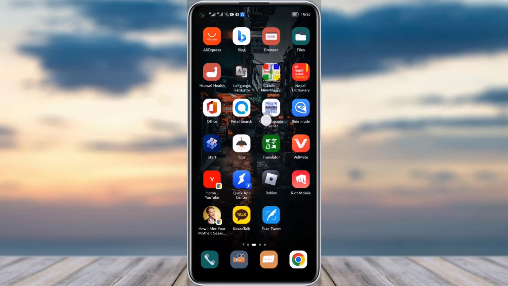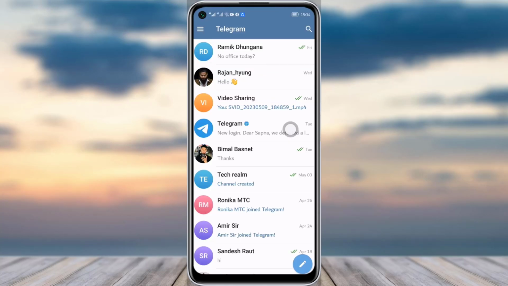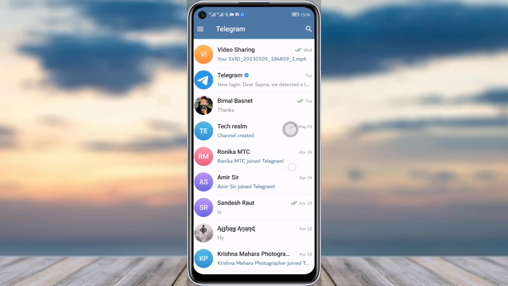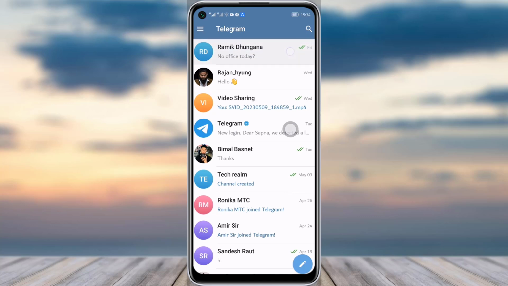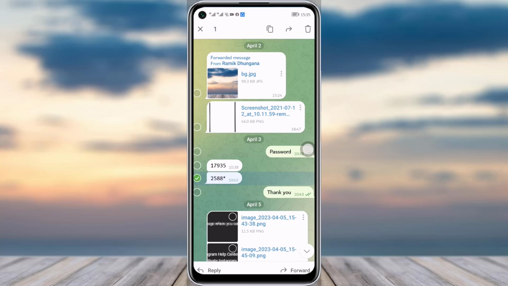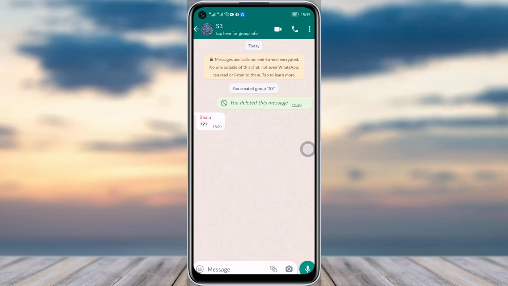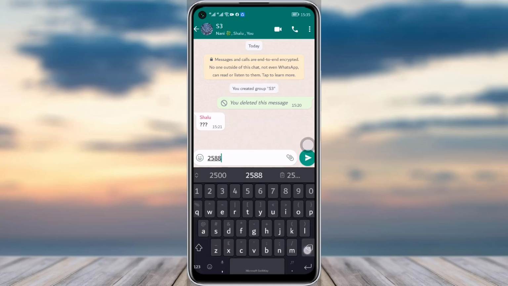To do so, first of all just go to your Telegram app. Once the app is open, go to the particular chat where you would like to share your message. Once you have your conversation open, simply copy the particular message. Here you can see the option above. Simply tap on that. Go back to your WhatsApp. Choose the conversation where you would like to forward that particular message. Simply tap on paste, and then tap on the send option,